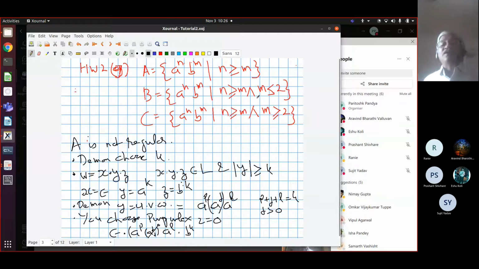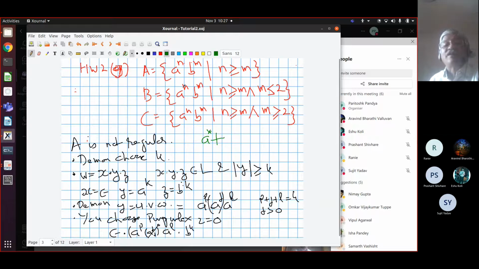Yes, it is regular. And the easiest way to see it is as a regular expression. You can do a case split. You can take m to be 0, m to be 1, and m to be 2. There are 3 cases, right? It will be the disjoint union of these 3 cases. In the first case, where m is equal to 0, you will get the language a star, right? A to the power n for arbitrary n greater than or equal to 0. And there will have to be no b's, right? So for m equal to 0, I will get this.